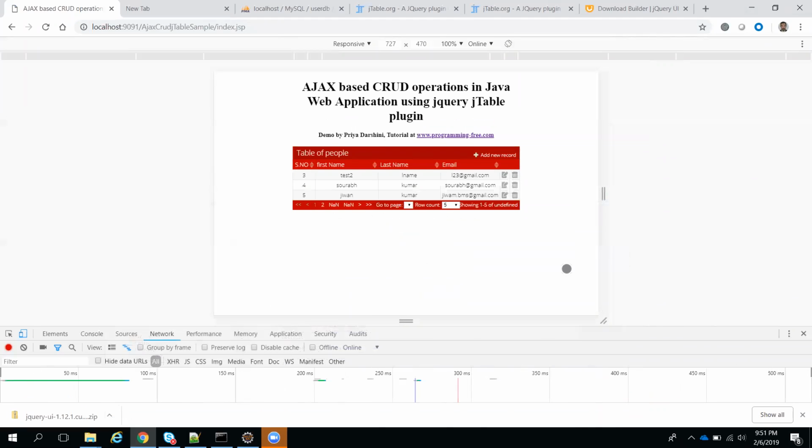Now, I have only 3 records in total. That's why I'm not able to see the go-to-page option. These pages will come if you have more records, but by default it is 5 records. My total records is not coming because we need to define, from the backend, some values like total records and number of pages. So that's why these are coming undefined.